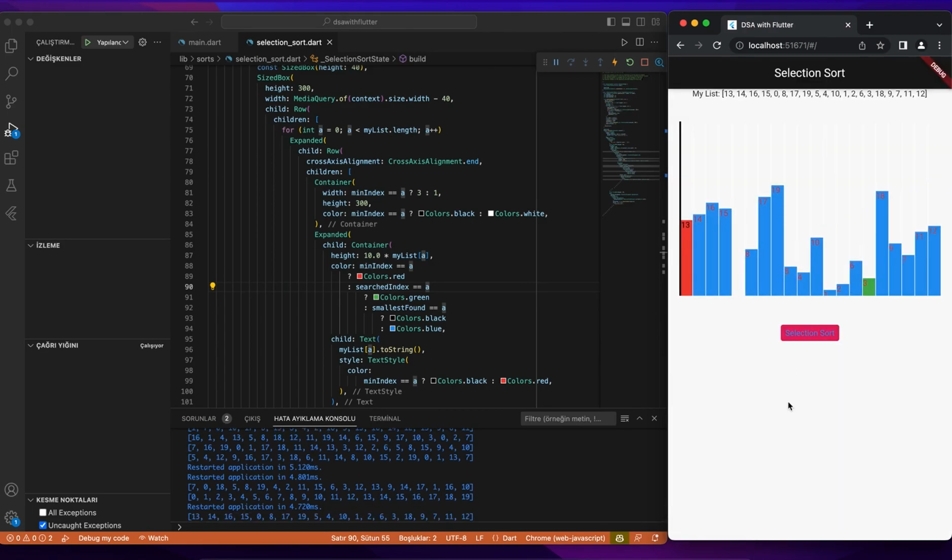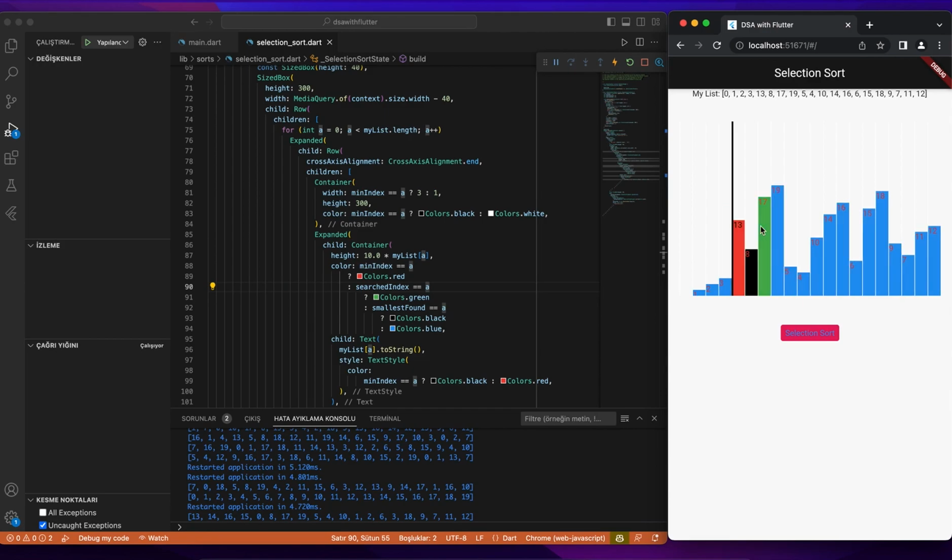Okay, guys, you can see this my function selection sort is